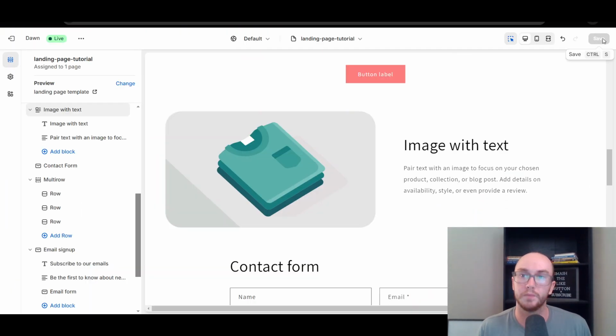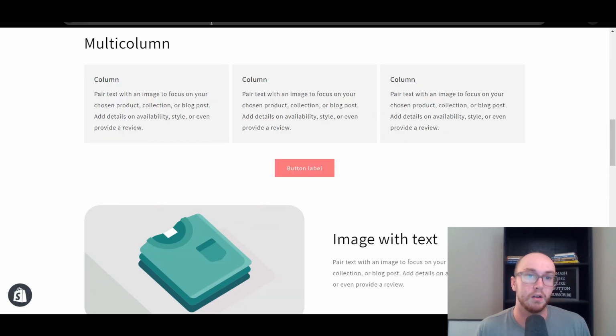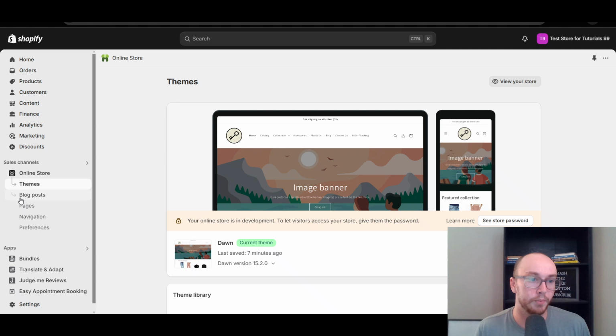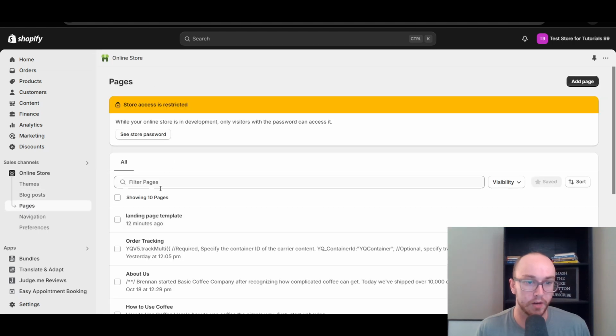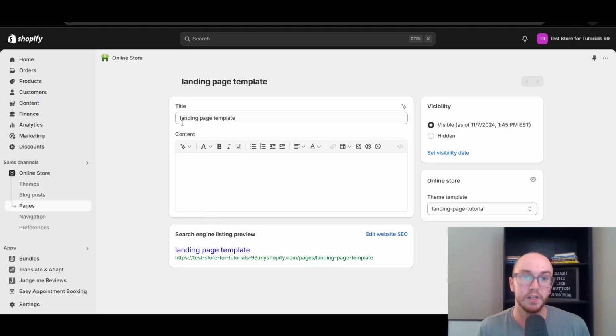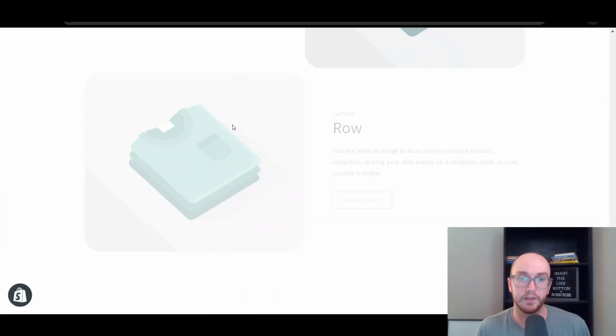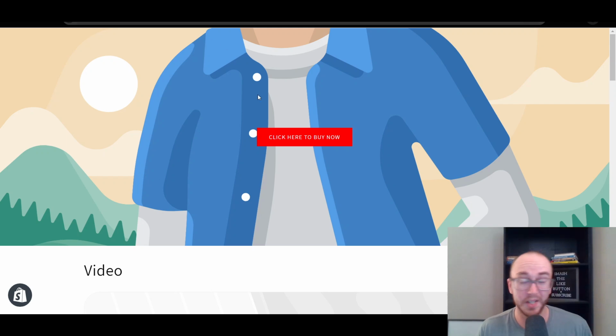All you have to do is just make sure you click save, and it will be on that singular URL. Again, we go back to exit. It will be on that specific page that we already created. This is basically the page that template will live on under the theme template. We go to view page. Boom, there it is. Again, you can add as much as you want or as little as you want to